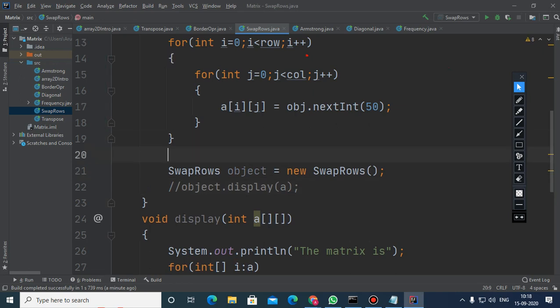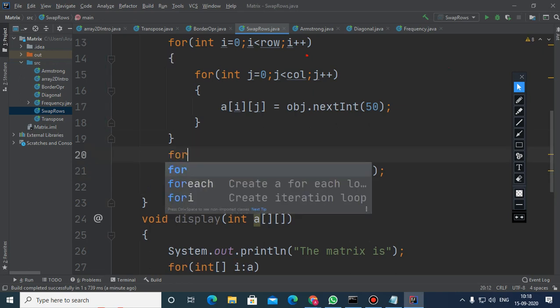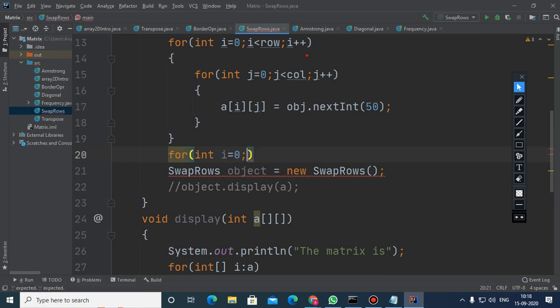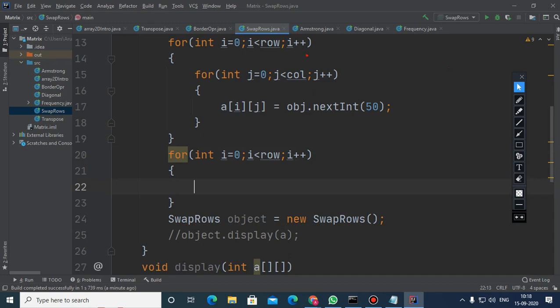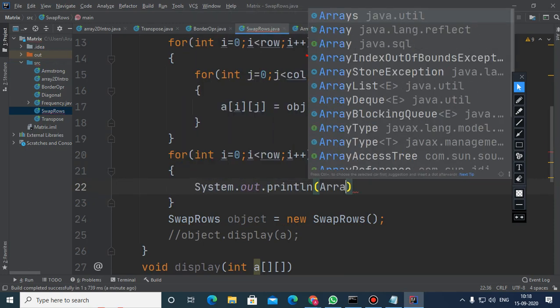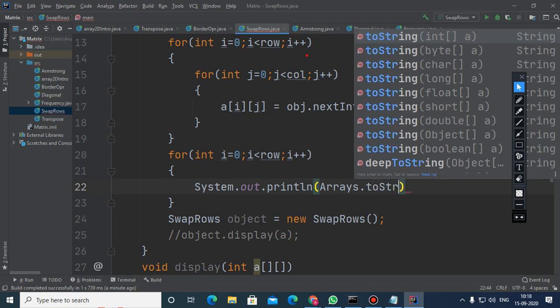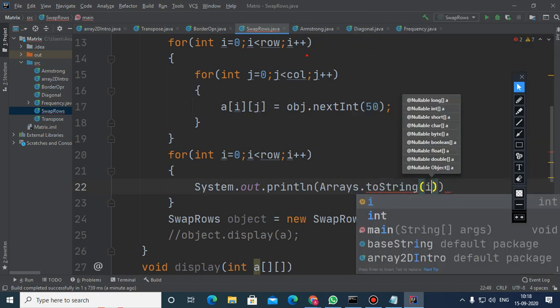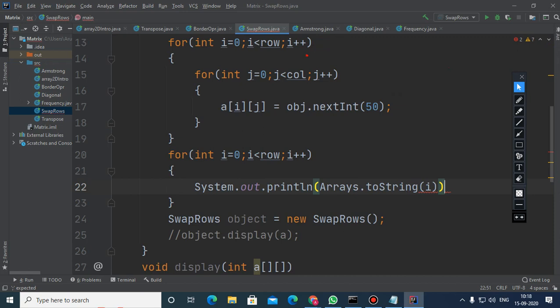After filling the matrix, I would like to print the whole matrix like this. It is ARR of i. This is another way you can use. It is not ARR, it is A. Let us see that.